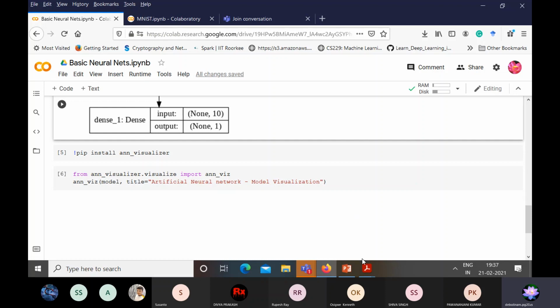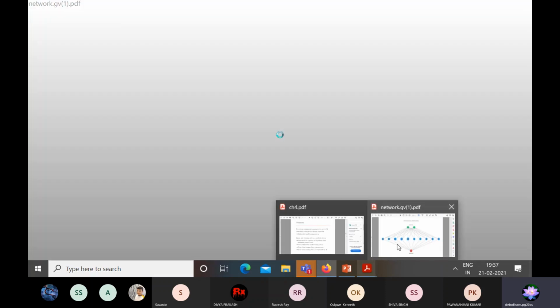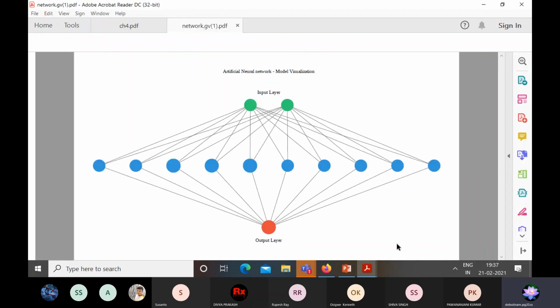Here I'll show you the output that I got from the visualizer. This is the model that we just built. We have the input layer, then the 10 neurons in the hidden layer, and then the output layer.